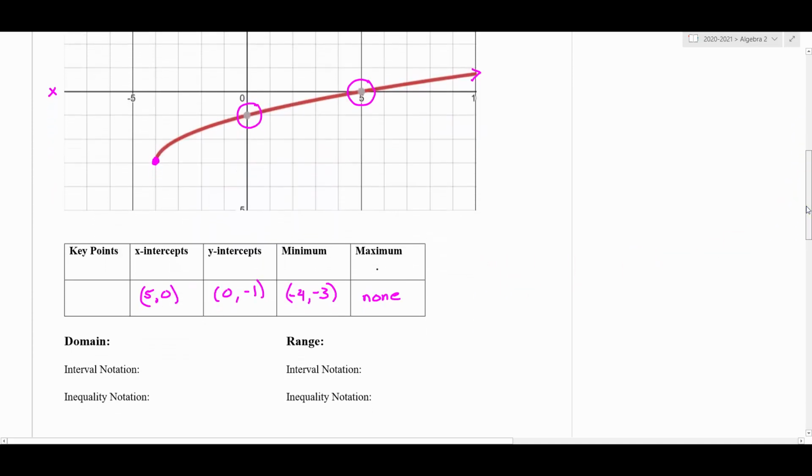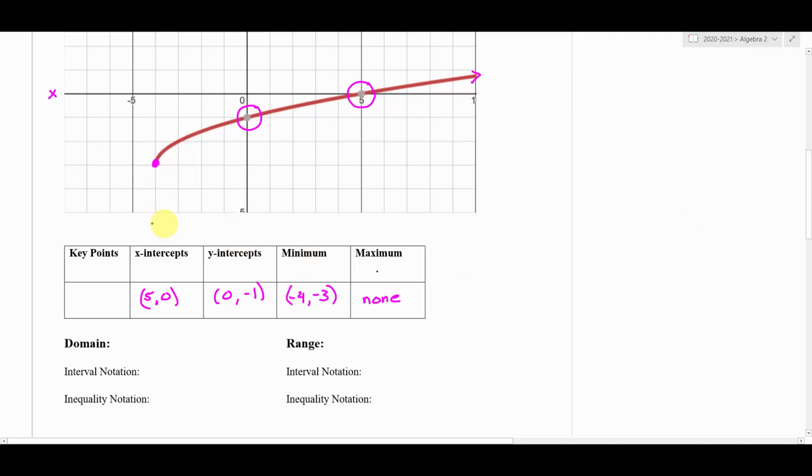Okay. So now we're going to talk about something called domain and range. All right. So what the domain describes are the x values. Okay, so we talk about what allowable x values can we put into this function. And the easy way to figure that out, what x values can this function use, is by looking at the graph and seeing how far to the left it goes and how far to the right it goes. Because the x-axis runs left to right, we can look at where our function stops as it goes to the left and where it stops as it goes to the right. And that'll tell us all of the x values that this particular function can handle. All right, so I always like to think of domain as left and right